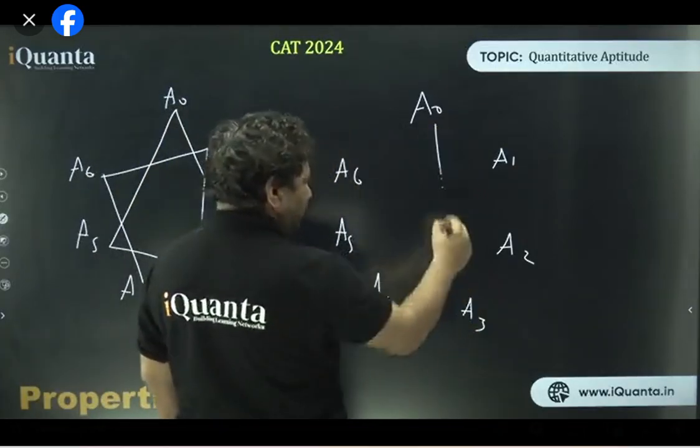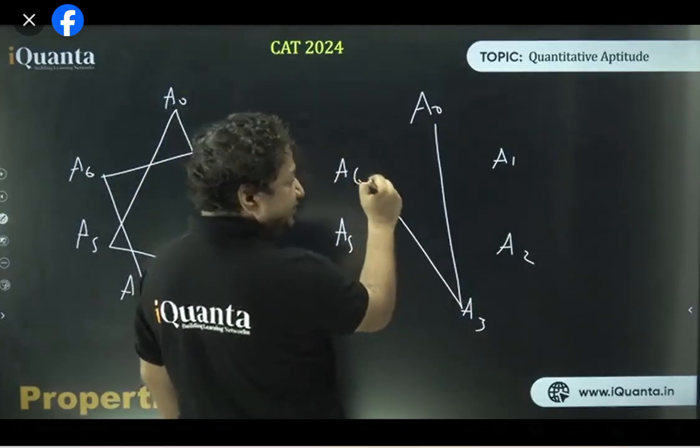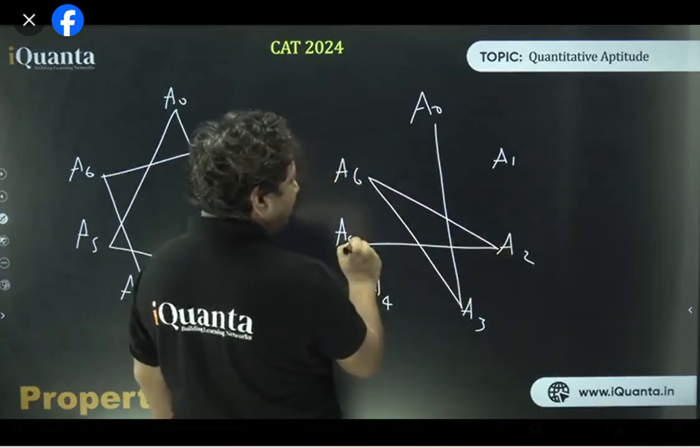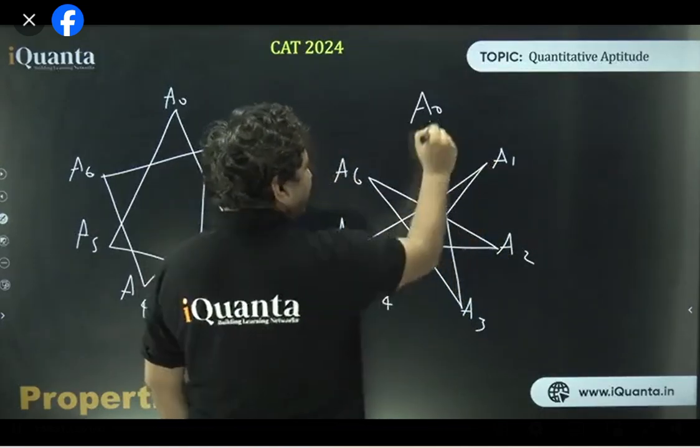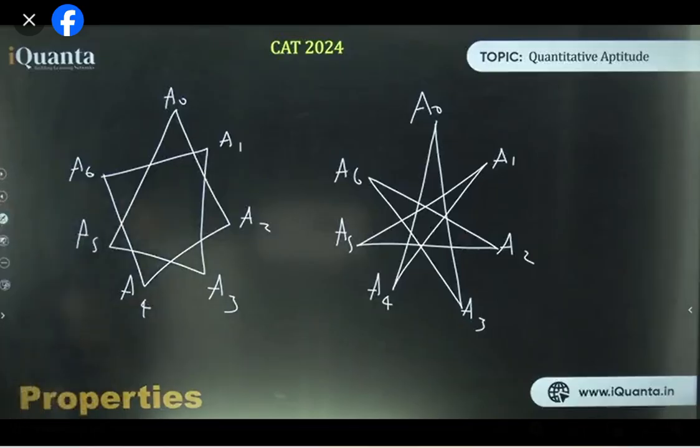If I move, here was 2 steps. Now I'm moving 3 steps. A0 to A3, then to A6. 4 steps back, A2. 3 steps ahead, A5. 4 steps back, A1. 3 steps ahead, A4. 4 steps back. Again, so see, now you can see there are 2 ways in which a 7-sided star can